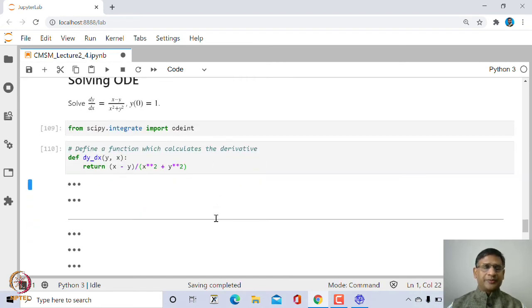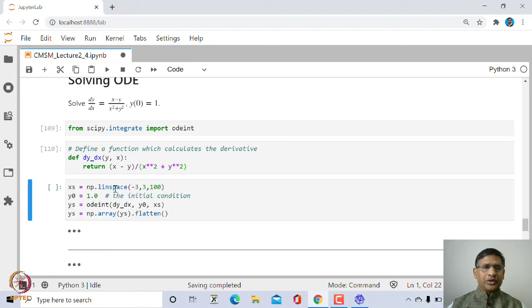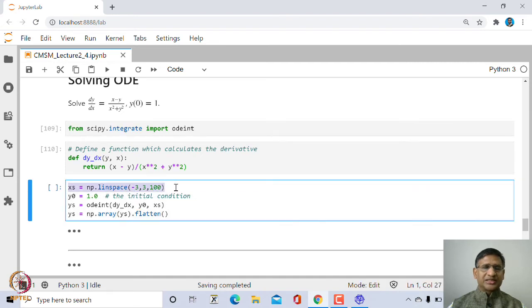Once we have defined this function, all we need to do is first create the set of points x. So let us say we create 100 points between -3 and 3, and y0, which is y at x equal to 0, this is the initial condition, and then let us call this function ODEINT.